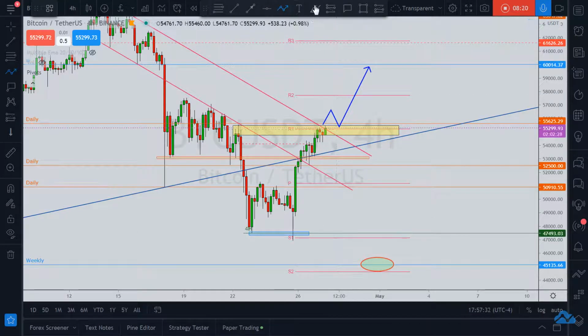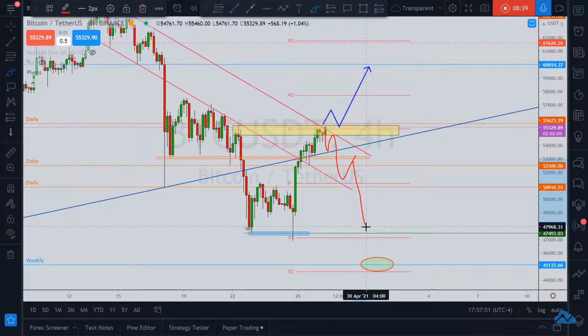And I suspect we'll show respect to this trend line. We might hit it once or twice and then break through. We're going to come down to this support line here and then maybe retest. And then we're going to have a precipitous drop down to this